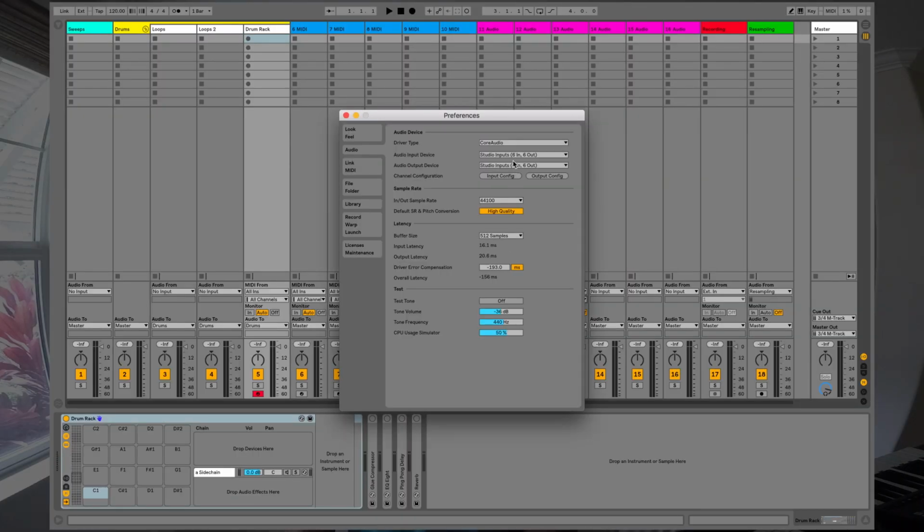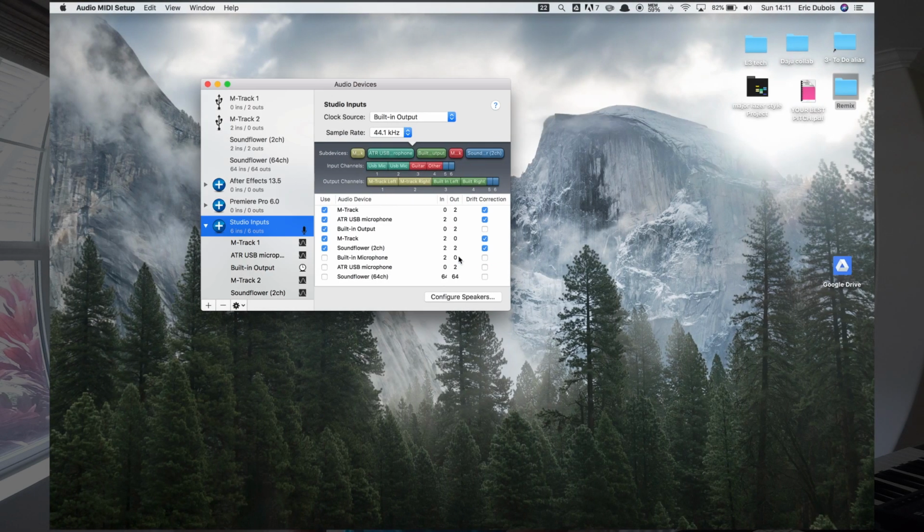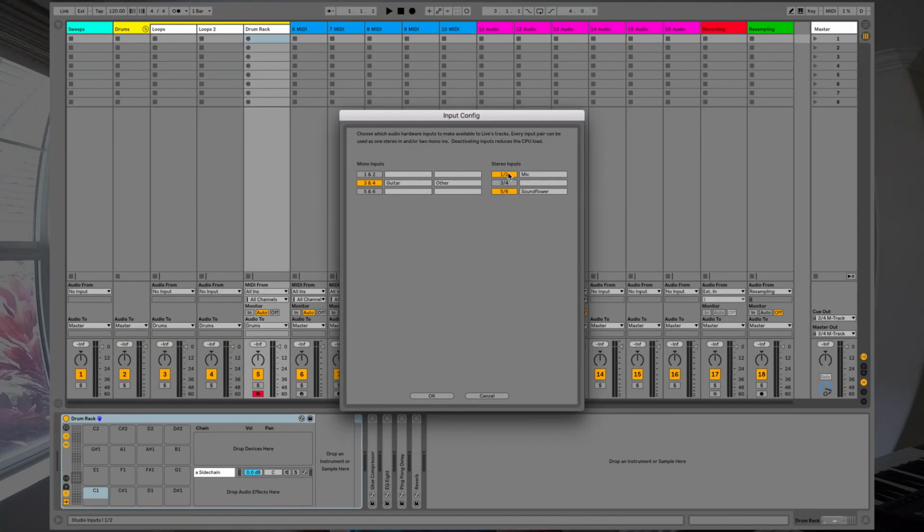Now in Ableton, the cool thing you can do is you can rename each channel. So let's go back to the preferences. So we go into input configuration, and this is what I already have set up here. So let me make sure that everything is the same as what I did before. So I have channel 1 and 2 stereo, as the input is the USB mic. Perfect. Okay. So input 1 and 2 is the mic. I don't need the left and the right because it's a mic. So I totally turned that off, and I'm just using the stereo version of the output of the microphone,